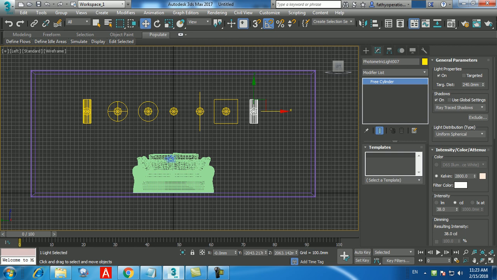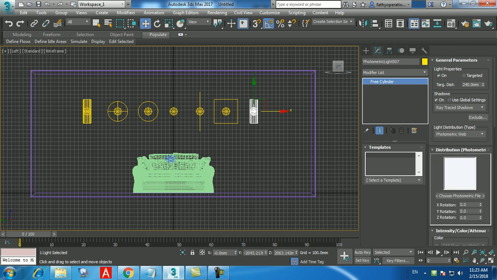Okay. In this one, nothing to change the shape. You see here, light distribution type, which is saying uniform spherical. Change it to photometric web. We want to supplement